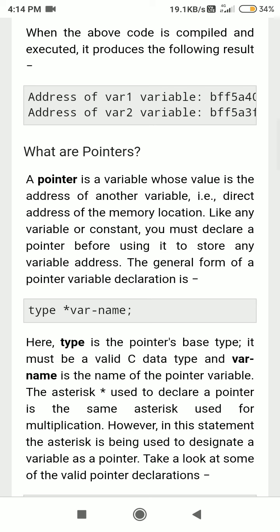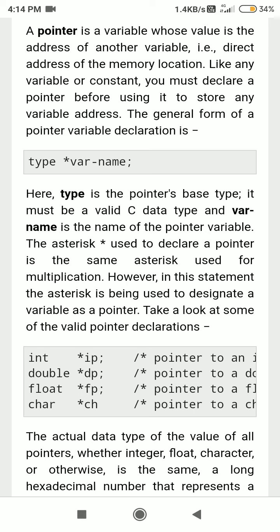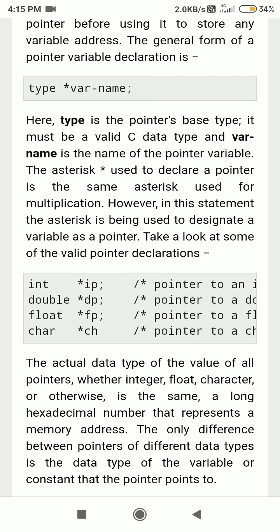So we have seen the concept of address. Let us see the concept of pointers. So how can you declare a pointer variable? You need to write the data type of that variable, then give a space, then write a star, and then write a variable name. This is simple. You can create an integer pointer, a double pointer, a float pointer, a char pointer also. Star is the asterisk symbol. The name of the symbol star is asterisk.